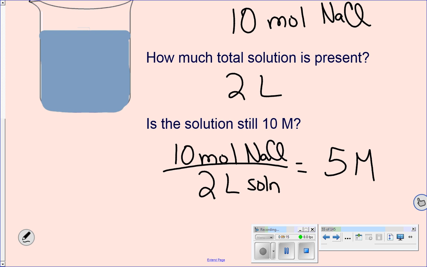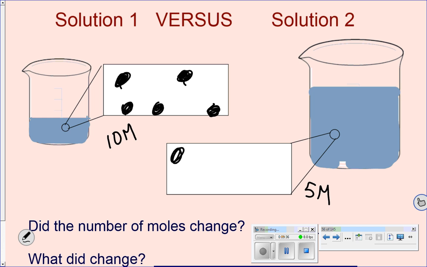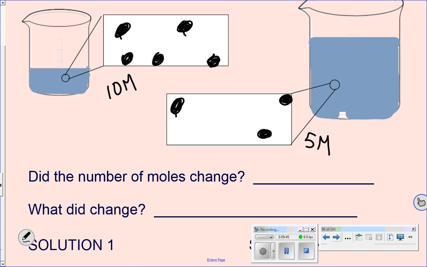So by doubling the volume, we actually halve the concentration. That's dilution. It makes sense. You added water, it's going to make it quote unquote weaker. So our first solution, if we imagine a generic particle view, we have some fairly crowded particles in that 10 molar solution. When we now go down to having only a 5 molar solution, we're really going to have far less crowded particles. We did not change the number of moles. We still have 10 moles of salt in each one of those. What we did change is the